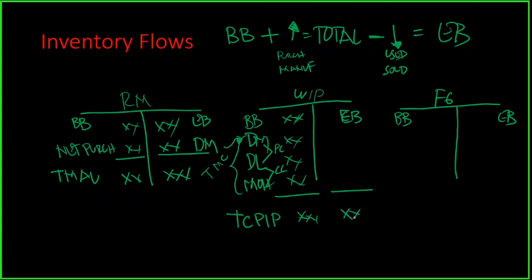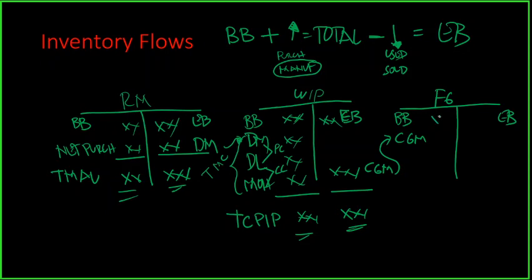So from your total cost placed in process, you deduct your cost of goods manufactured because it's already finished. It's no longer work in process. So again, here you might get confused. This cost of goods manufactured will increase your finished goods, but this will actually decrease your work in process. So the cost of goods manufactured goes here. If you add that with the beginning balance, that's the total goods that you can sell. Total goods available for